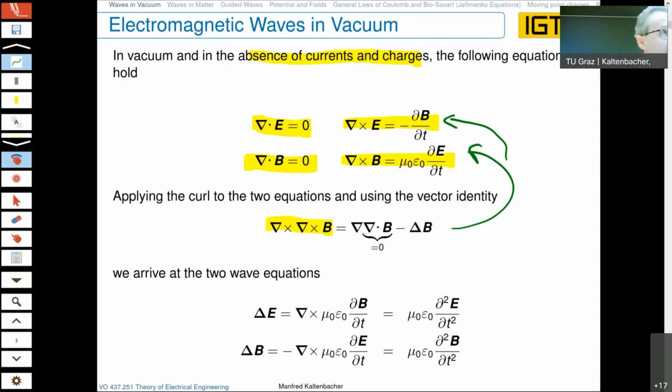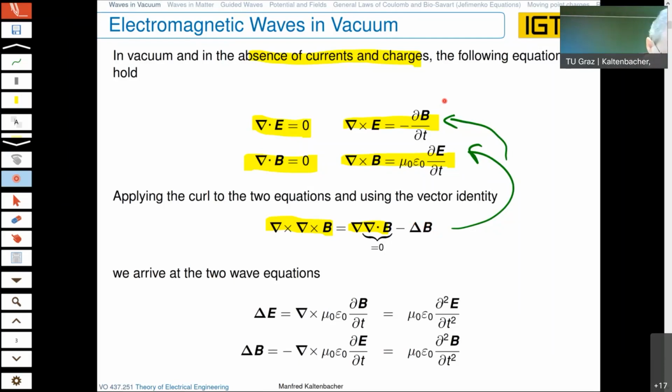Then you can write it down as the gradient of the divergence, which in our case will always be 0 for both fields, E and B, since we have these two relations here. And we have the vector Laplacian operating on the magnetic field or on the electric field. Okay, so you see, if you now take these two equations,